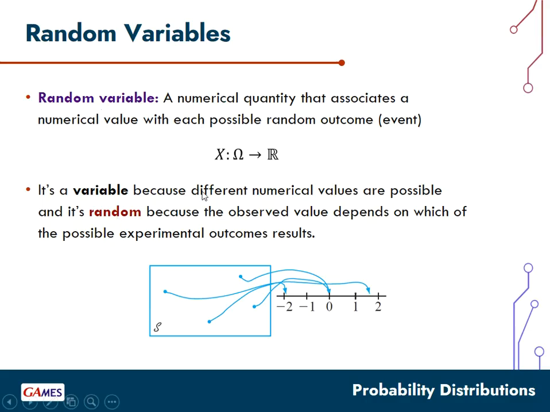So variable, because of course different numerical values are possible. Okay, so you can have different numerical values, so it's called a variable, because you're not going to have single specific values. Then it's random because the observed value depends on which of the possible outcomes you can have. We're working with experimental data. So the value you're going to get from that, the value of the outcomes can